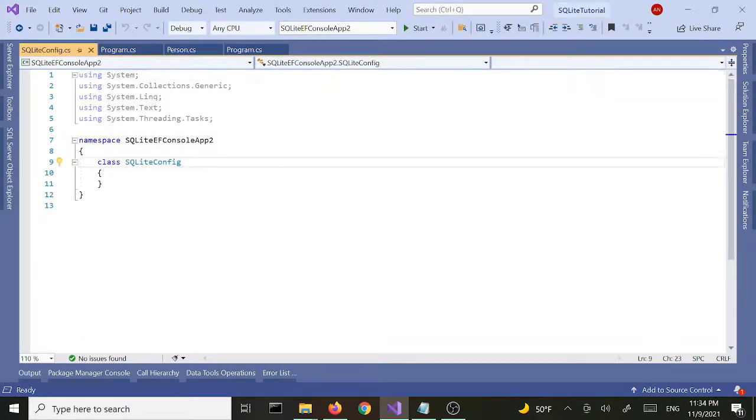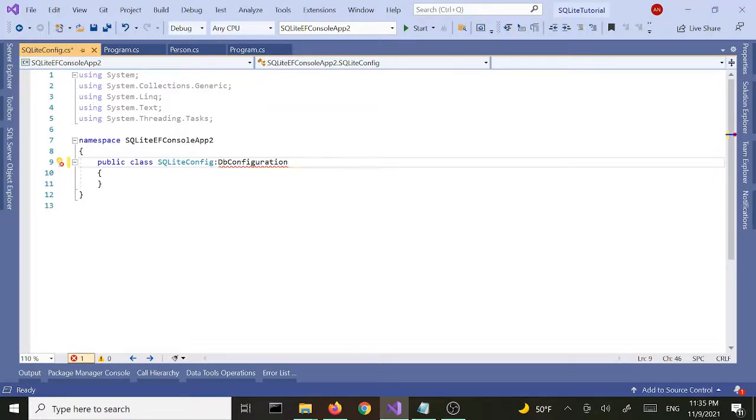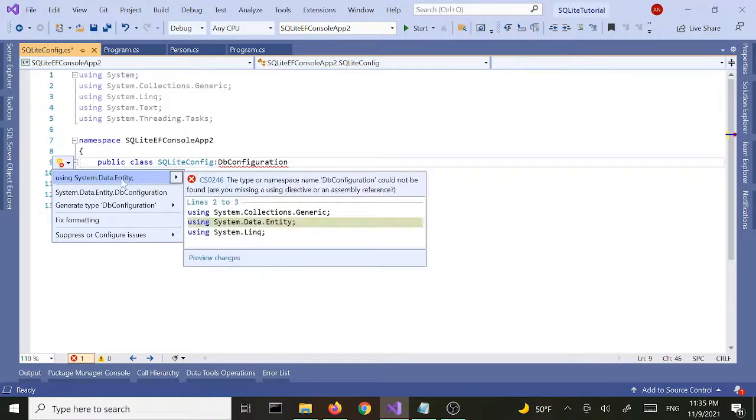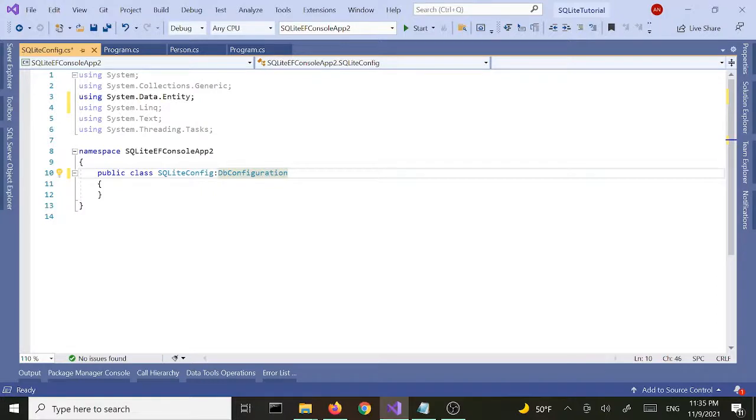I'm going to make this public, and this is going to inherit from DbConfiguration. I think we're going to need a namespace, Ctrl+dot. Using System.Data.Entity. We're going to bring that in,